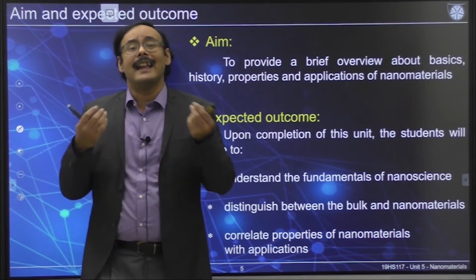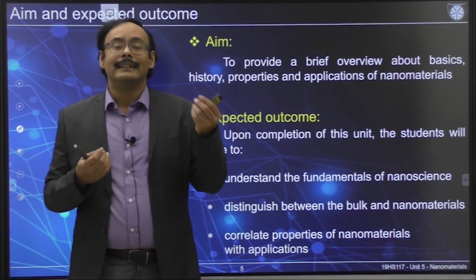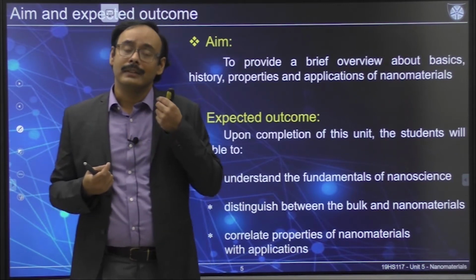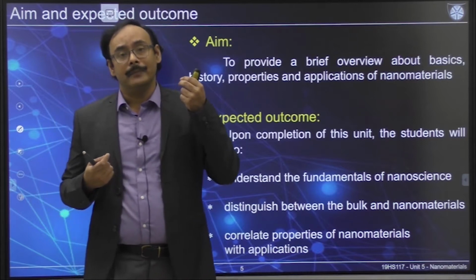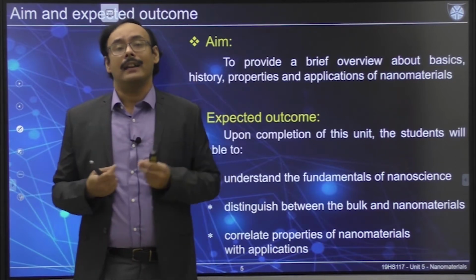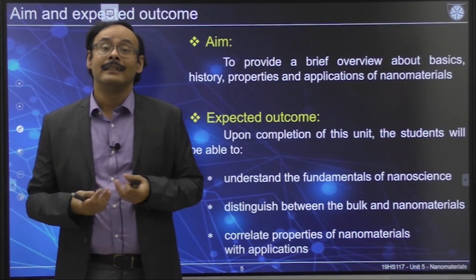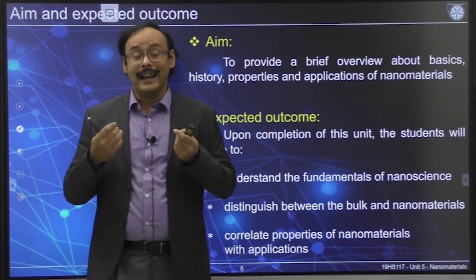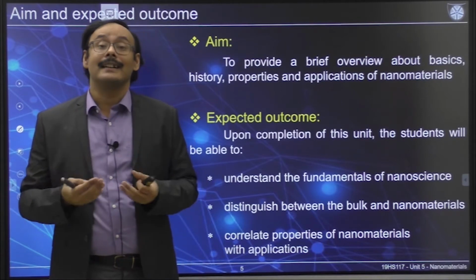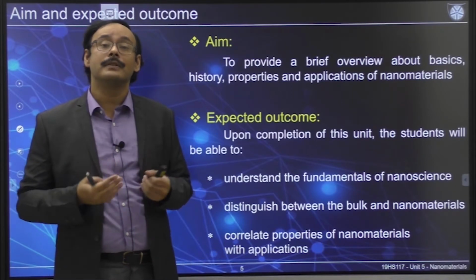But at the nanoscale, the color can range from, let's say, red to even violet. Anything is possible. That depends on the beauty of the nanoscale. So that's what we are going to discuss, and hopefully upon completion of this course,